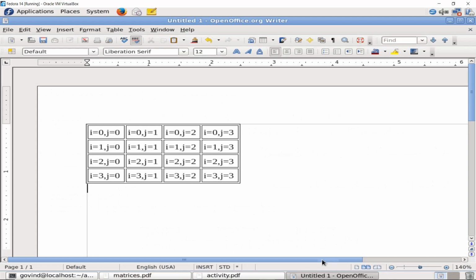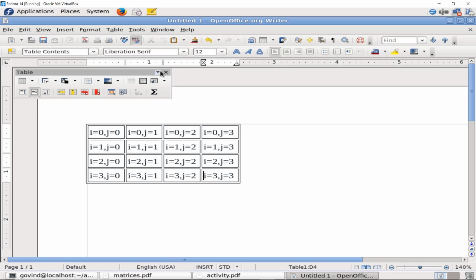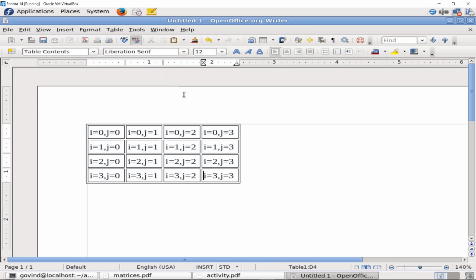Suppose we imagine the matrix as a two-dimensional grid. It will look like this. It's a table of m rows and n columns. For simplicity's sake, I have taken 4 rows and 4 columns. So in this case, m is 4 and n is 4. So m represents the number of rows in that matrix and n represents the number of columns in the matrix. What do you mean by transpose of a matrix?